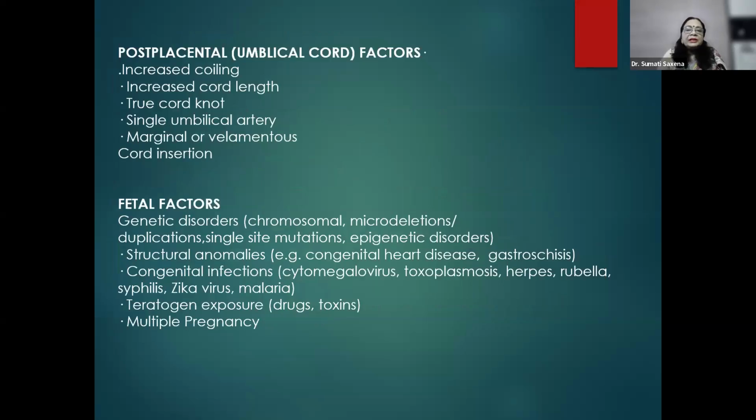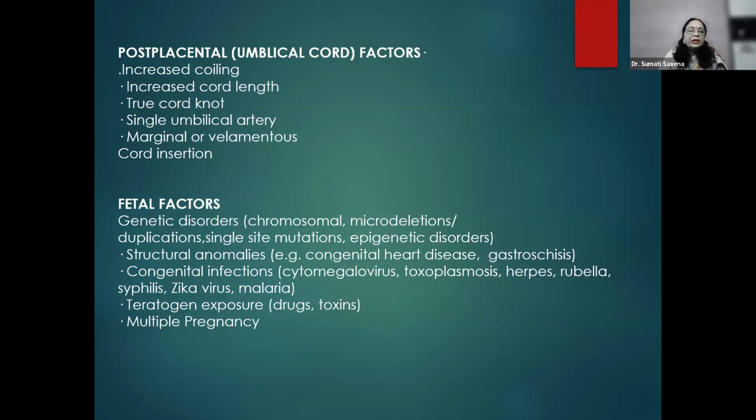In post-placental factors, that is umbilical cord factors, there can be increased coiling of the umbilical cord, increased cord length, or a true cord knot hampering blood circulation, or there can be a single umbilical artery, which is a very common cause of FGR, or there can be